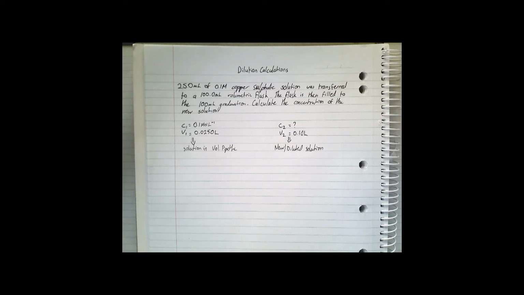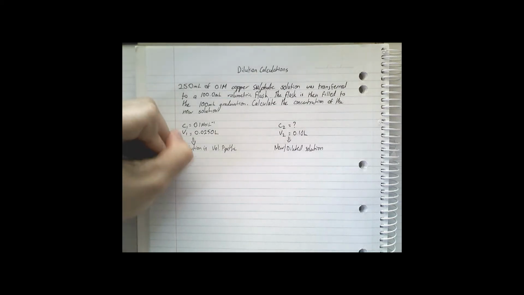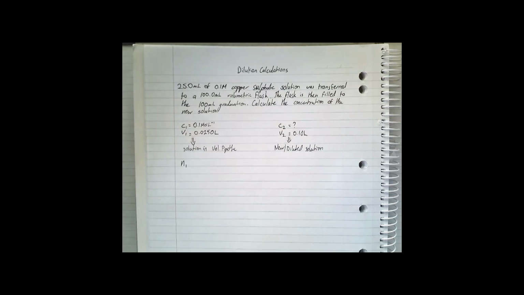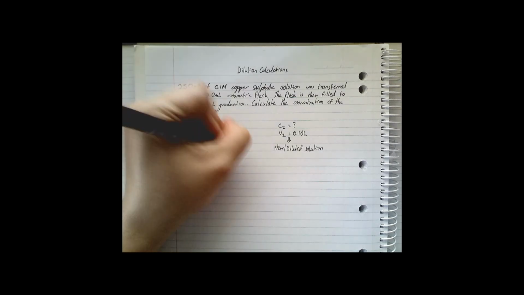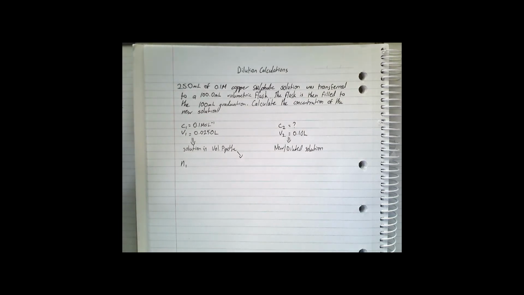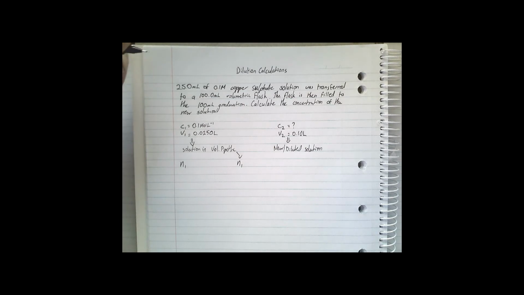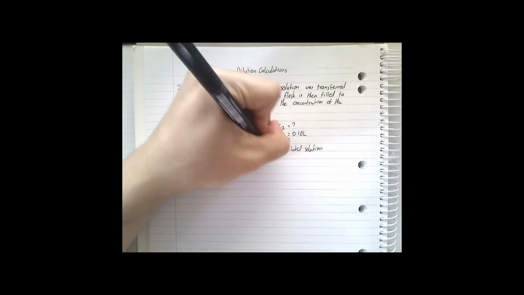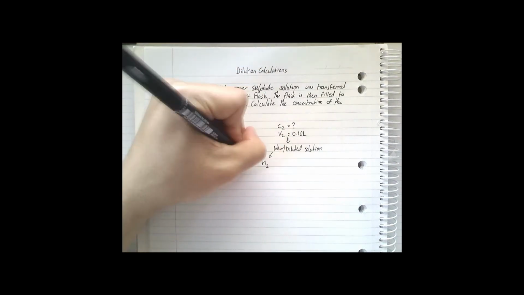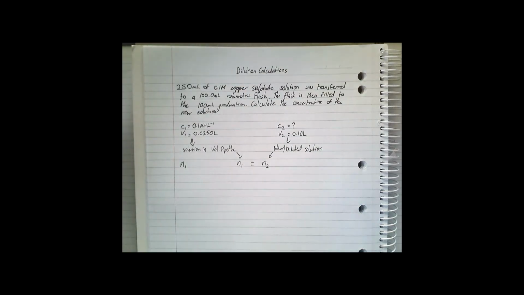So first off, I'm going to figure out the number of moles in the volumetric pipette. What I want to find is N1, the number of moles of copper sulfate in the volumetric pipette. The reason is that N1, the number of moles of copper sulfate in the volumetric pipette, I keep saying that over and over again, but it's really, really important, is always going to be the same as N2,